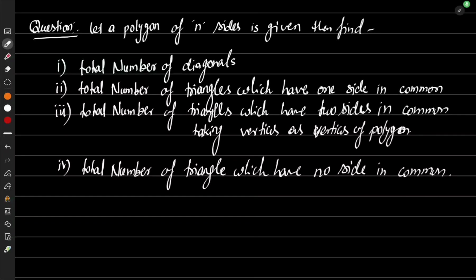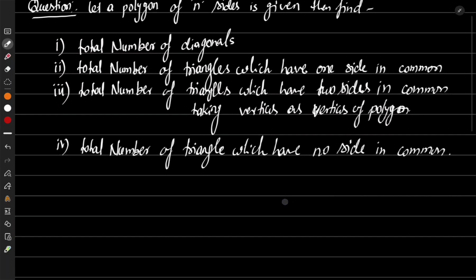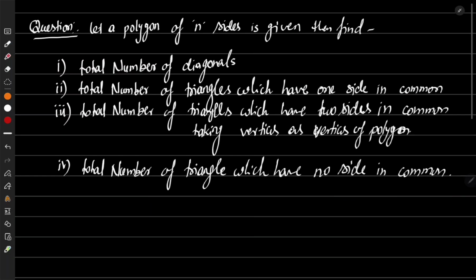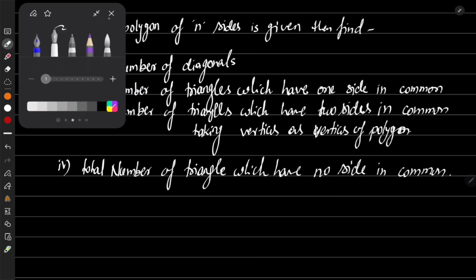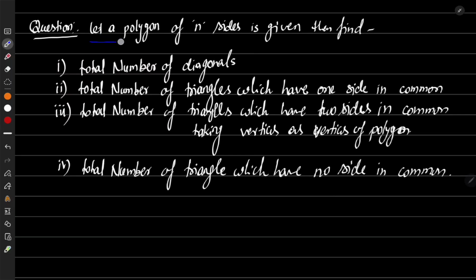Today I have a question here. I think it will help you in your coming examinations, your JEE Main or the coming JEE Advanced. The question belongs to the permutation and combination topic, based on geometry. What is the question saying? It says: let a polygon of n sides, generally a regular polygon,